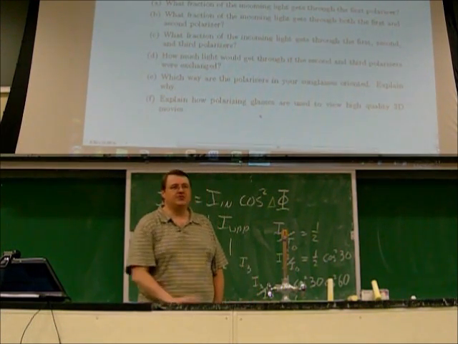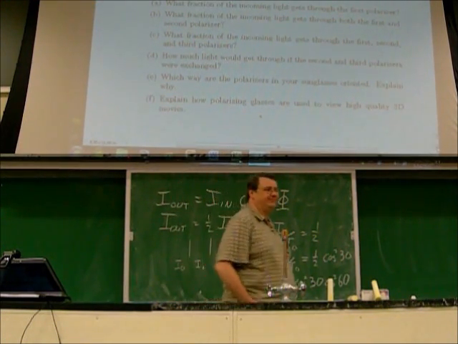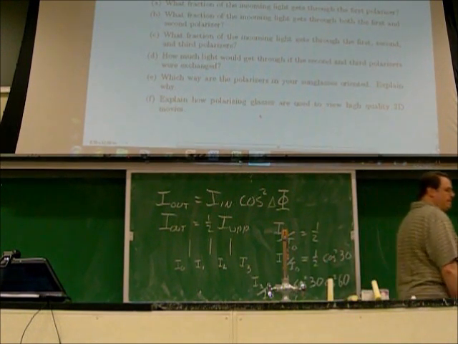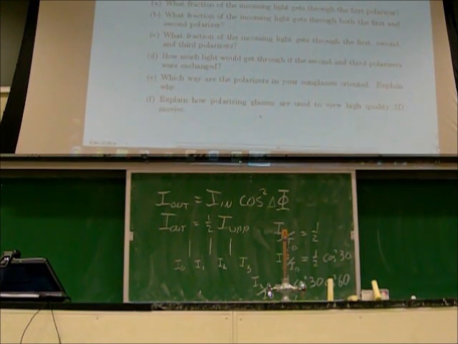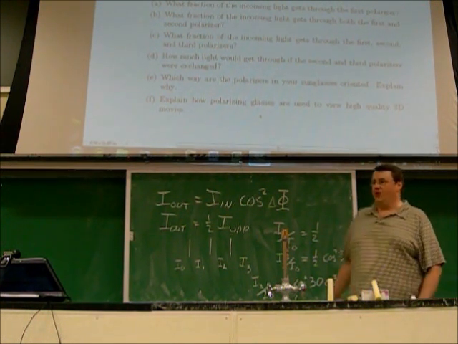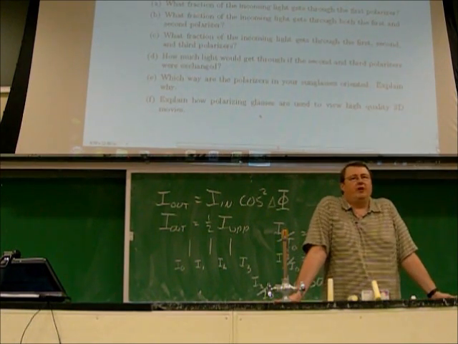Which way are the polarizers in your sunglasses oriented? 45 degrees. 45. 0. This way. The reason is that it assumes that the glare that is going to be bothering you will be